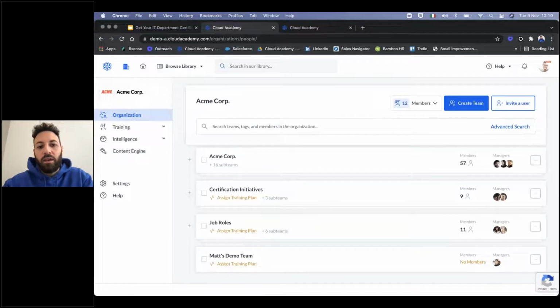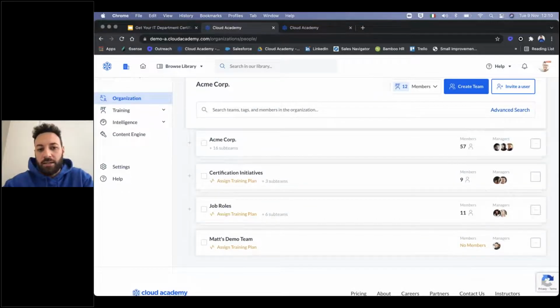Basically, here you can replicate your hierarchical organization. Which means that here we want to give you the ability to replicate, for example, your business unit, your department, your geographical site. So basically, it's a mode to simplify the adoption of Cloud Academy, the usage of Cloud Academy, and the organization of Cloud Academy in your company.